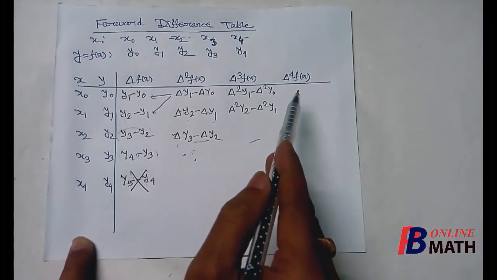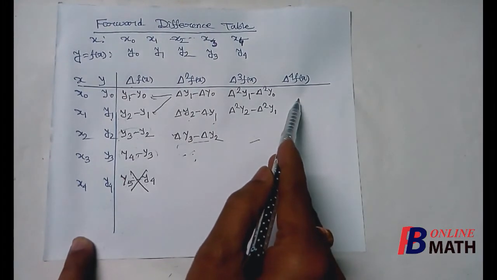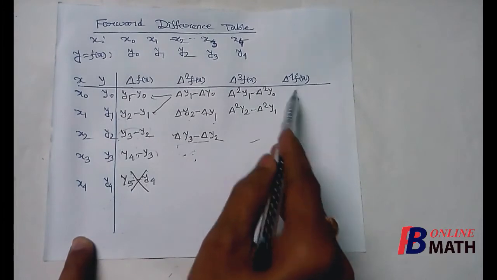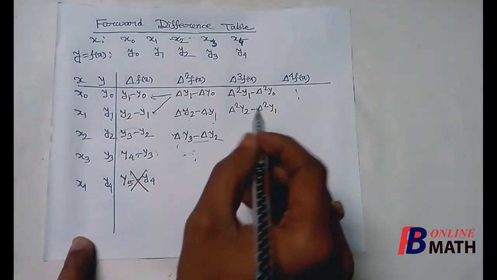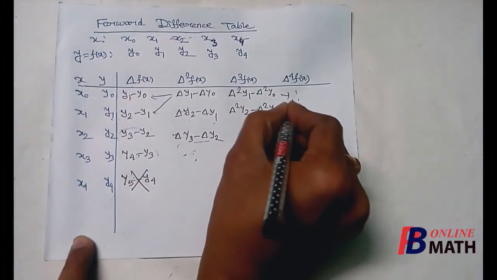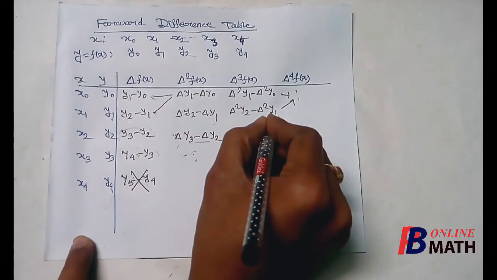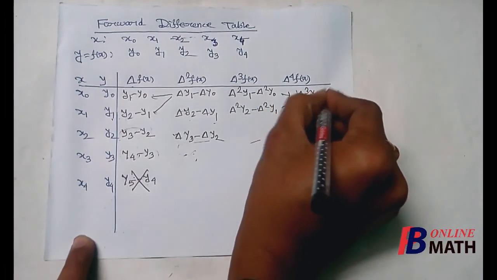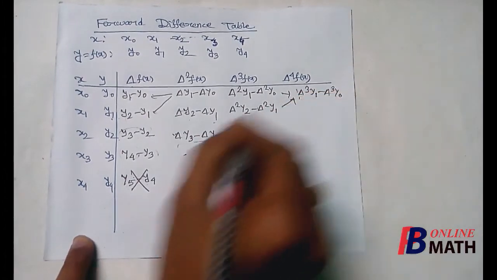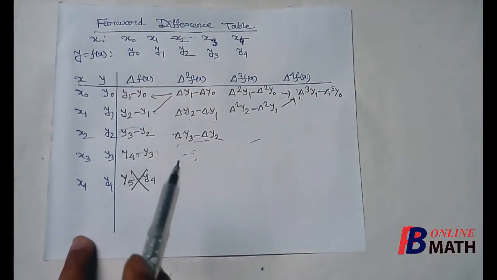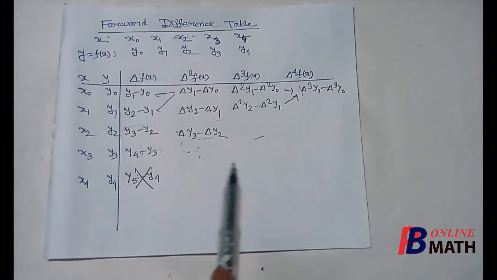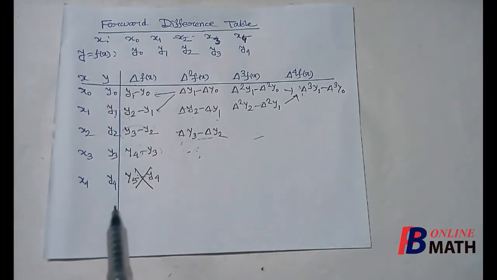So these are the two third order forward differences. And finally, if we want to calculate fourth order forward difference, this is very simple. There are only two values available. So this one is equal to this value minus this value. So if we subtract this value from this value, we shall get this one. So it is delta cube y1 minus delta cube y0. So this table is called forward difference table. From this table, we can easily find any order forward differences.